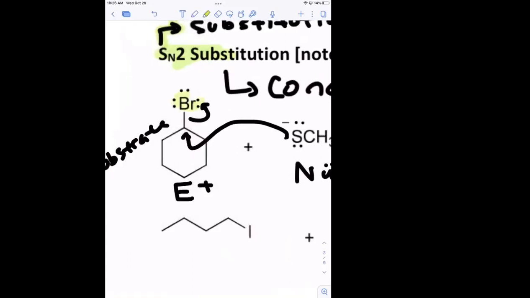Leaving group. I'm going to abbreviate that as LG. Bromine is my leaving group. Your leaving group is more than likely going to be the most electronegative atom or the most electronegative functional group